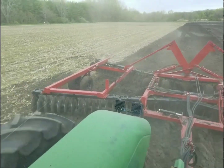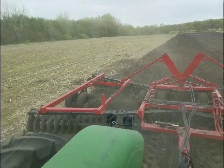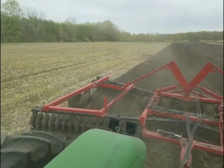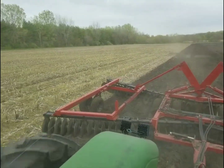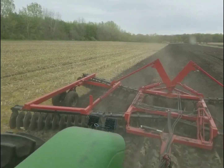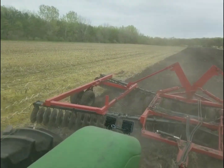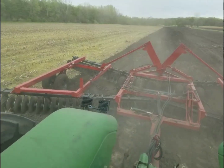Just working that top, about 3 inches of dirt, breaking up the chunks and leveling it off a little bit. I'll probably double disc it. There are some pretty rough spots where I rooted rocks out with the Bobcat. I have to hit them a couple times at a couple different angles. But by the time I disc it a couple times and run my air seeder over it, it'll be a nice